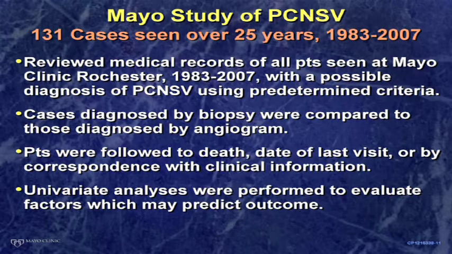Now, at the Mayo Clinic, there is a good record system. So the diagnoses are all categorized, and we can search the records for anything that sounds like it could possibly be CNS vasculitis, and then go through the records and eliminate most of them. But it's a lot of work, but we can be increasingly certain that we have the right diagnosis if we do that. And we can talk about the